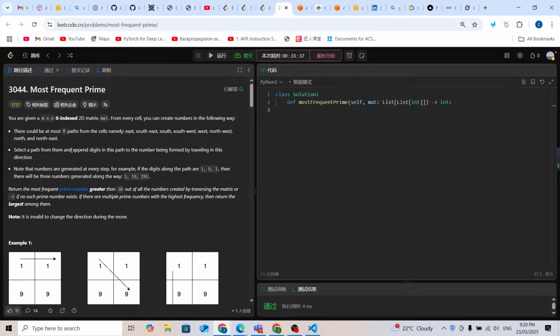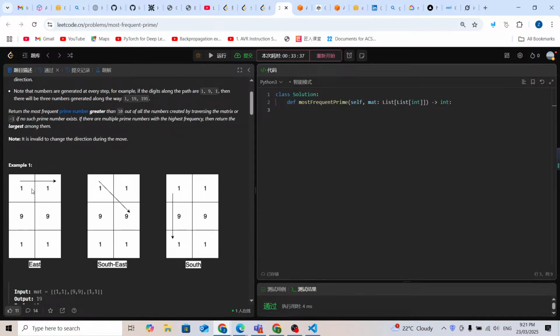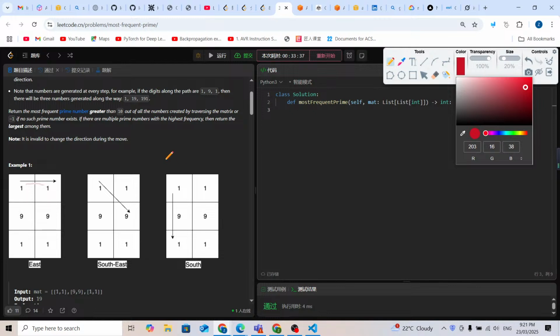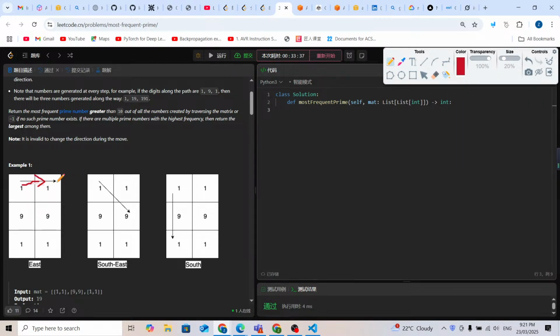So we are given this matrix array, and we're going to start from any number. For example, from 1, it can go in 8 directions, and we just need to check how many different numbers it can combine. So for example, 1 1 is 11, or 1 9. Definitely it can go in 3 directions or 8 directions if that is possible. If it can go in all those 8 directions, it's going to combine two different numbers. So one path is 18, or another path is